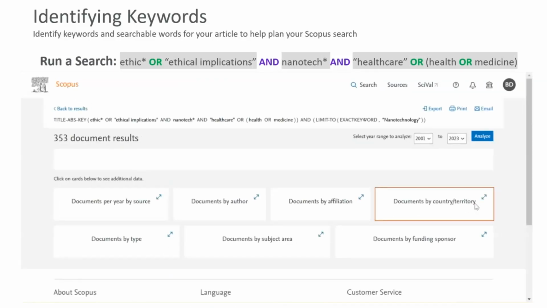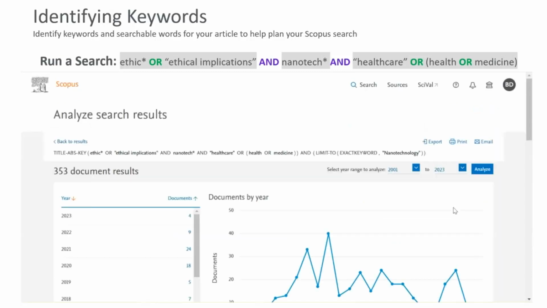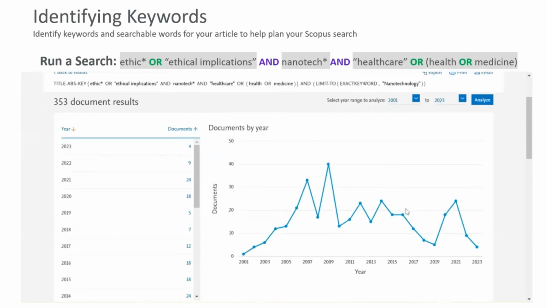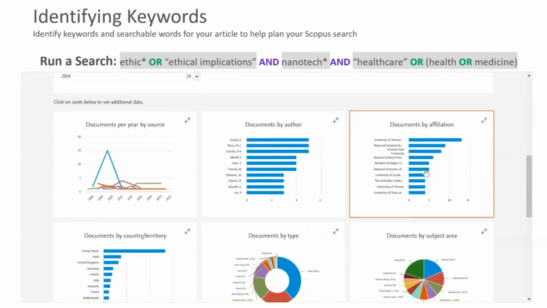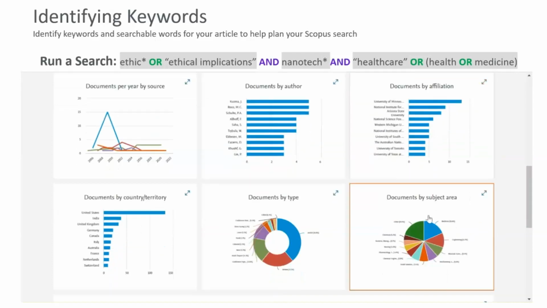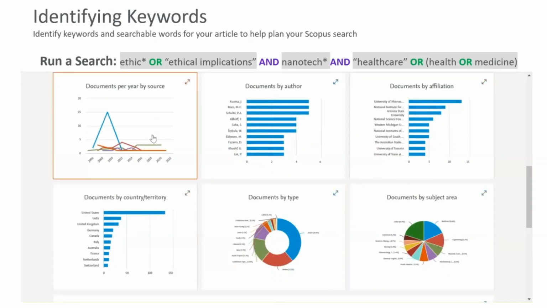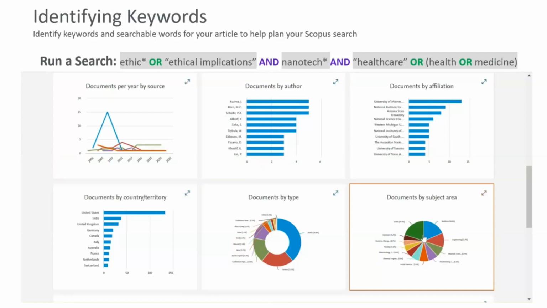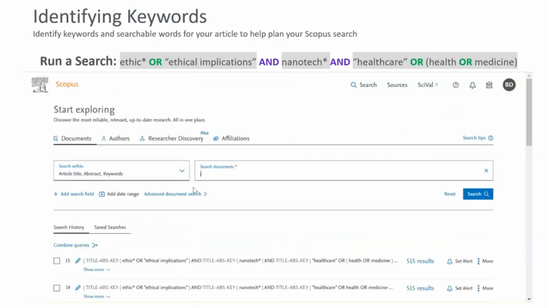You can analyze the results and use visual filters, like the ones you see here. We have many, such as documents by affiliation, documents by type. Let's click on documents by subject area. And here we have a visual representation of that filter, and you can clearly see